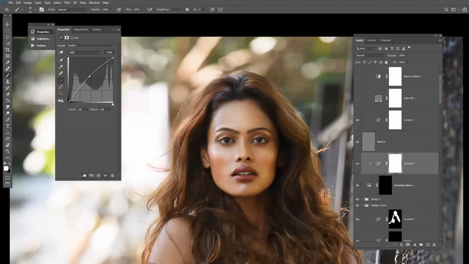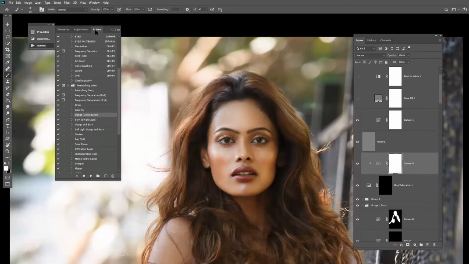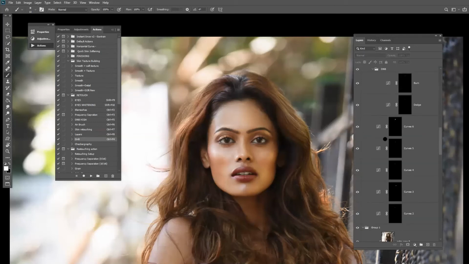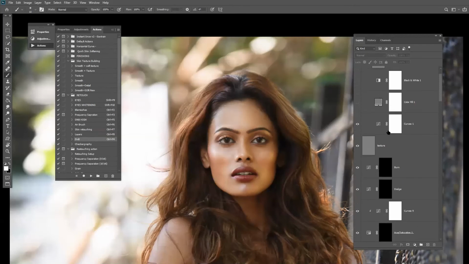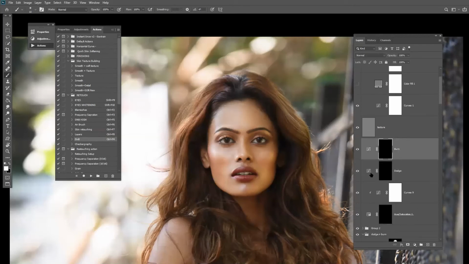Now we do a little enhancement of the eyes with dodging and burning. We have already made dodge and burn layers, so we will run it once. Here is my dodge and burn layer. Let me save this image once.